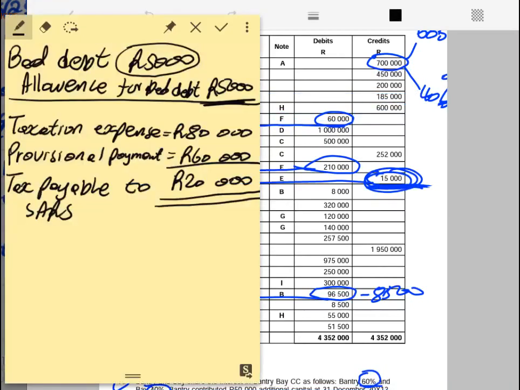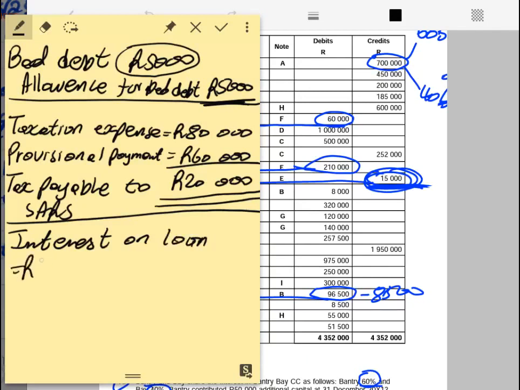Let me just do my workings here. The interest on a loan is 600,000 rands times 10%. Then that will give us 60,000 rands. 600,000 rands being the loan times 10% will give us 60,000 rands, which is the interest that was